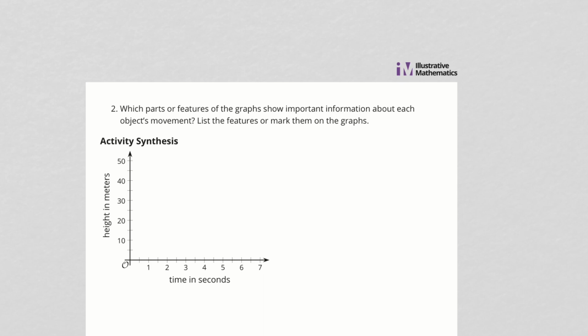Okay, so we're going to talk about these different things that are super important. We're just going to graph them on here, on this graph that I have. So, features that were important on that graph on the last page. So, one could be the points